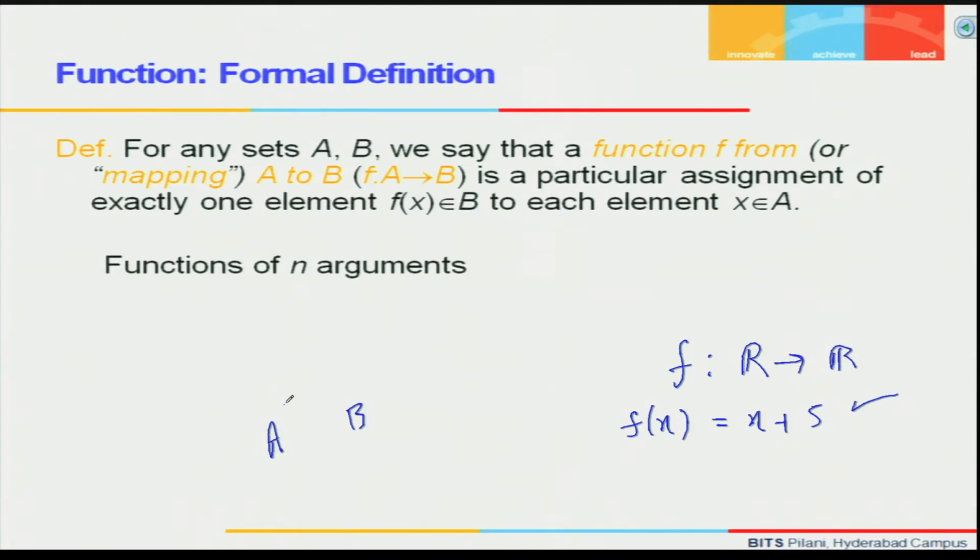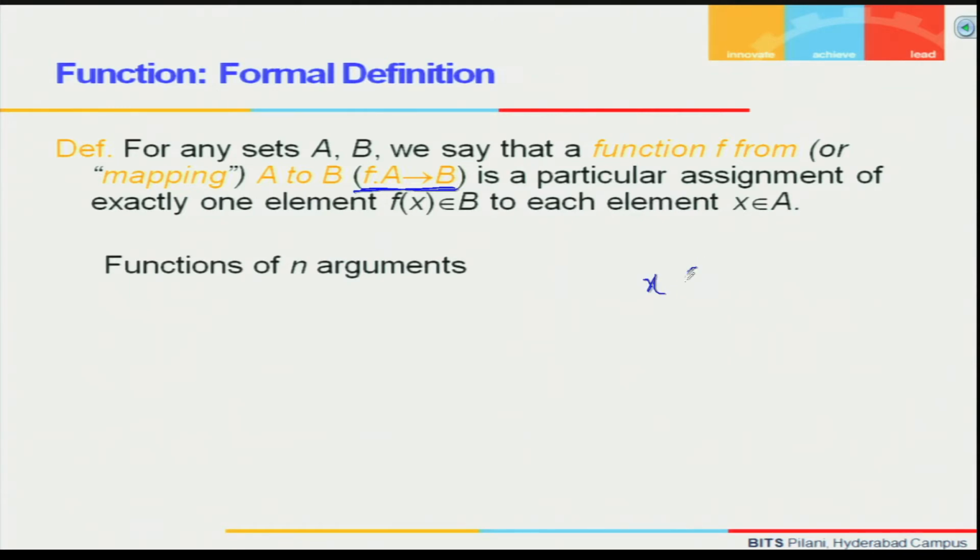Basically what I am trying to say here is, we say that a function f from A to B, which is denoted generally by f: A to B, what we are doing here is assigning a value of B to an element of A. You take an element x in A and you associate a value like f(x) to it, and this f(x) is in B. And here, one thing one should understand is that when you define a function, it has to be defined for all the elements of A.